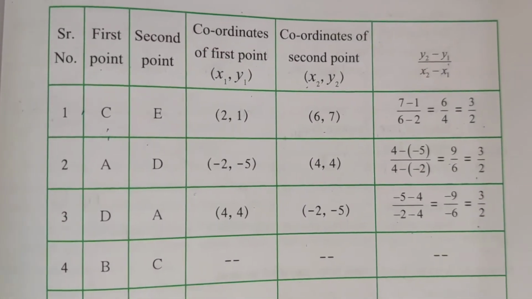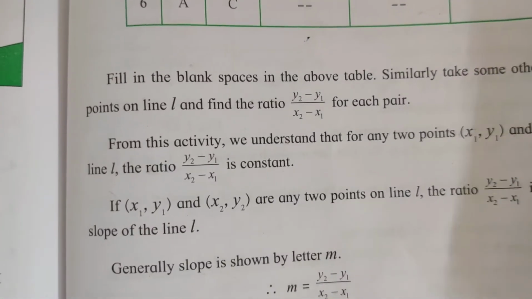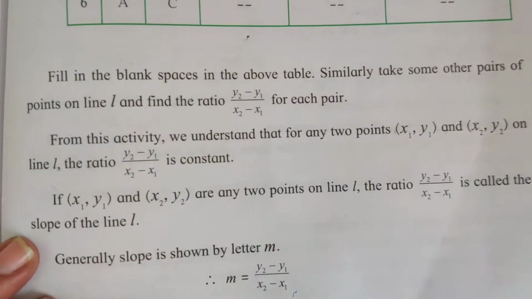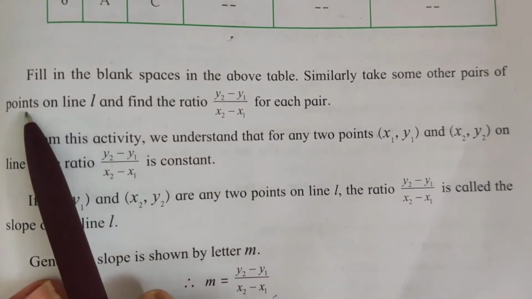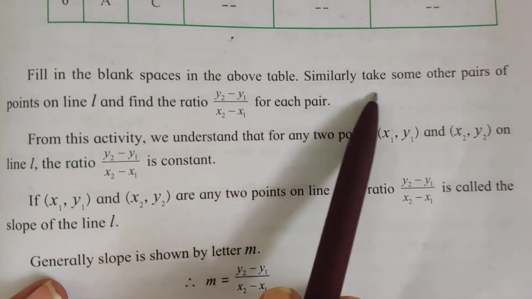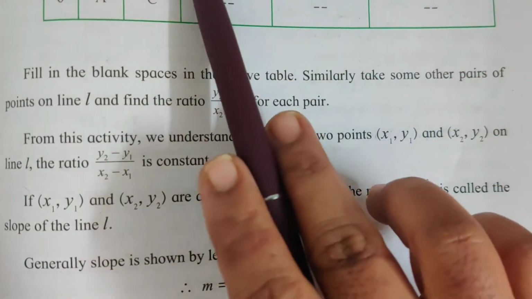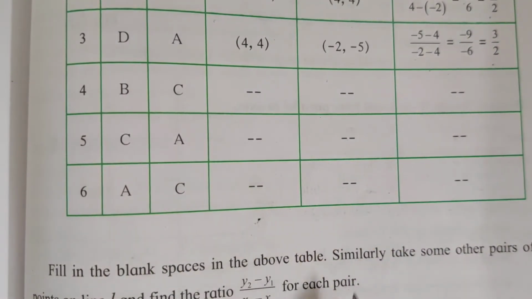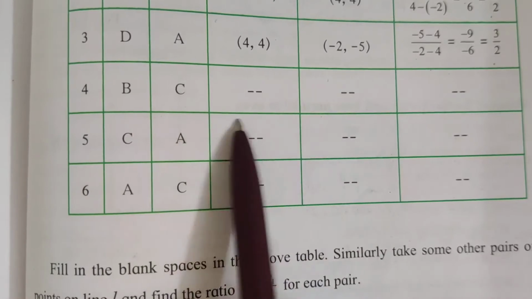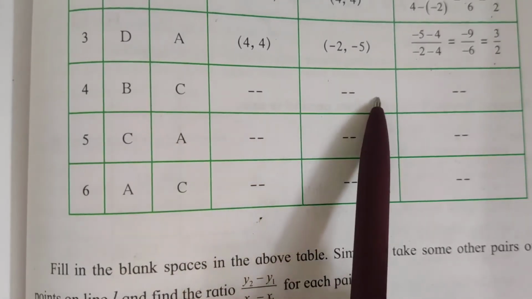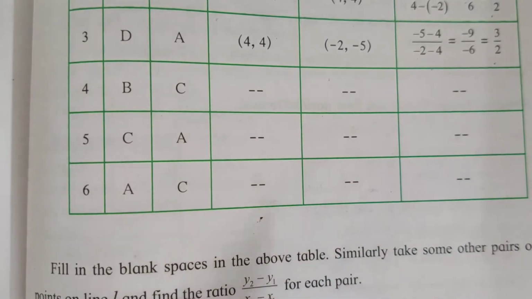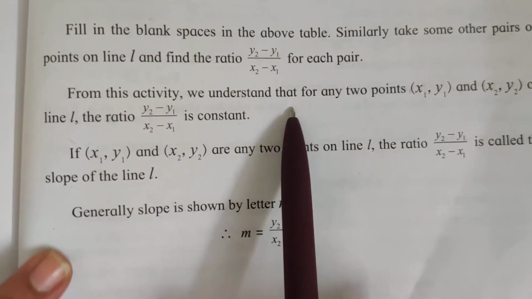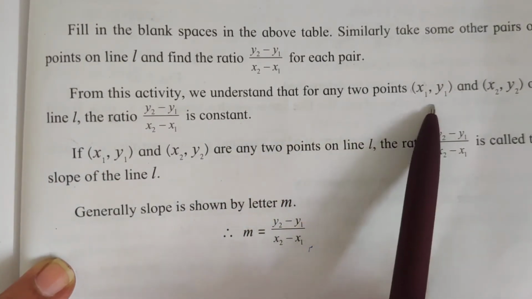So from this you come to this conclusion. See here it is given in the textbook. For us the formula is important, but we will see this. Fill in the blank spaces in the above table. Here these 3 empty boxes are given. You take any values for x1, y1, x2 and y2, and if you calculate, you will get 3 upon 2. So from this activity, we understand that for any 2 points x1, y1 and x2, y2